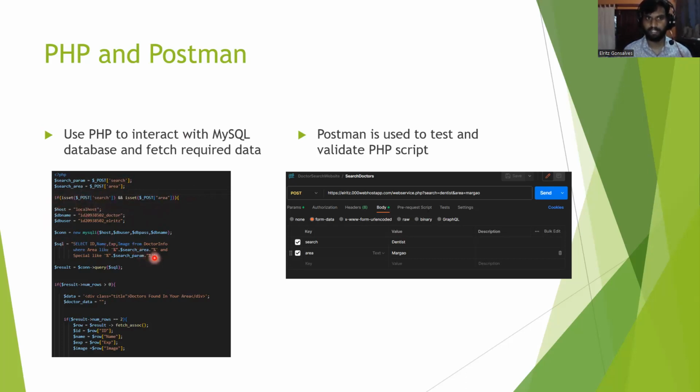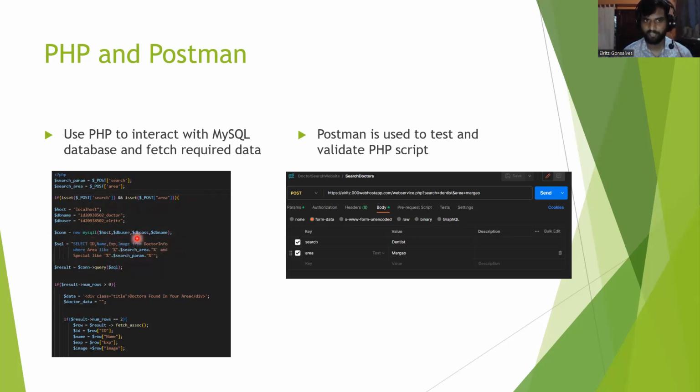Then this will be the database information. And then we use this information to connect to the database. And then now we have this SQL query, which is essentially what we want from the database. In this SQL query, you have select ID, name, experience, image. So this will give you your doctor ID, the doctor name, how many years of experience he has, and the image